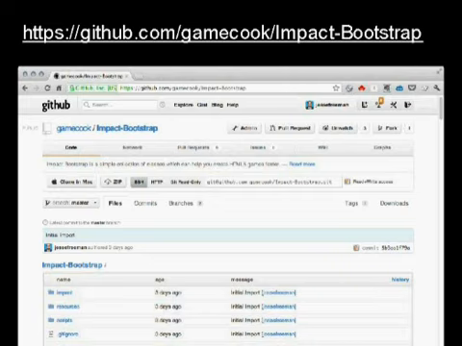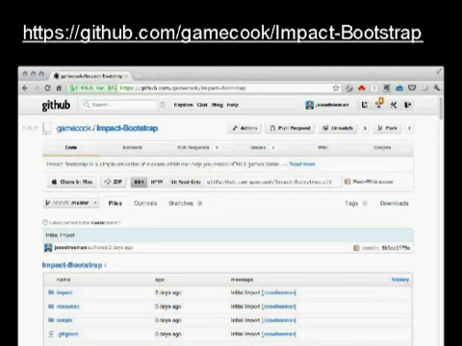But what I've been doing is taking all these games that I've built over the past few months and breaking them down into reusable pieces so that anyone can just download this Bootstrap, add your own version of Impact, and then all of a sudden you have access to having a camera, having particle effects, having a player that can manage inventory, having pause screens, and all the stuff that isn't built into Impact.